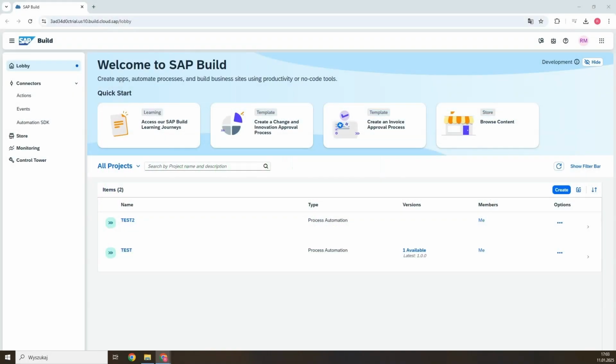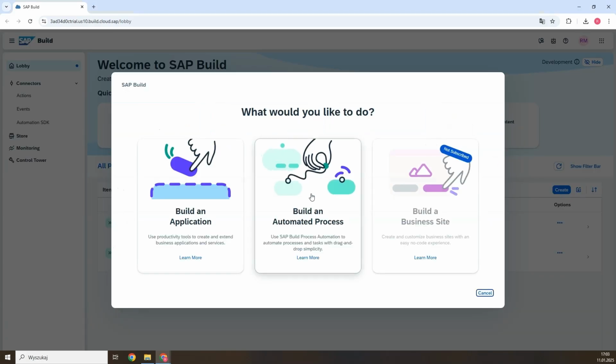Hi, today I would like to show you how to complete the RPA challenge using a tool like SAP Build Process Automation. Let's see if we can do it successfully and if the tool itself is worth the interest. I will show you some of the tricks and problems that will appear during this challenge, and we'll try to fix them, of course. So let's start by creating a new